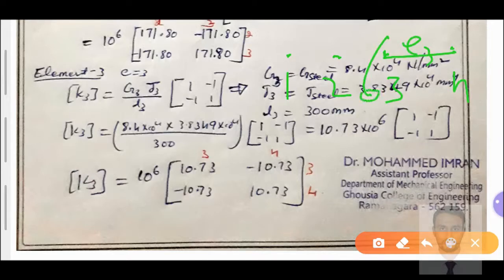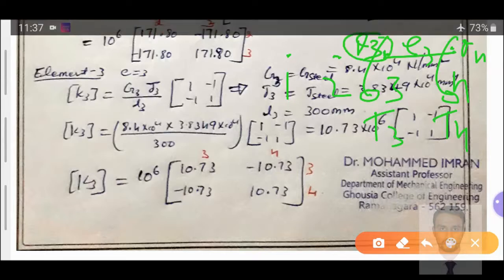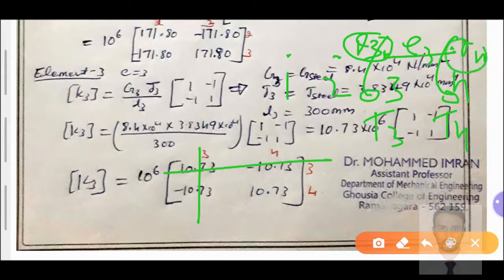When we apply the torque at node number 3, as T3, theta 3 will take place as a displacement at node number 3. When I apply the torque at node number 4, T4, theta 4 will take place at node number 4. Based on this condition, with respect to theta 3, first row, first column name has been given. With respect to theta 4, second row, second column has been given.